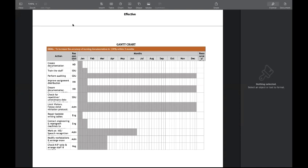And ensure documentation forms are available, and check for repetitive unnecessary data by doing our audit, and it's usually done by the staff developmental unit. And we're gonna discuss at the administrative level and public relations about limiting the visitors with a strict visitation protocol in the rush hours of the care, and try to contact the engineering department to repair the bedside writing tables and reprogram machines to be user friendly and